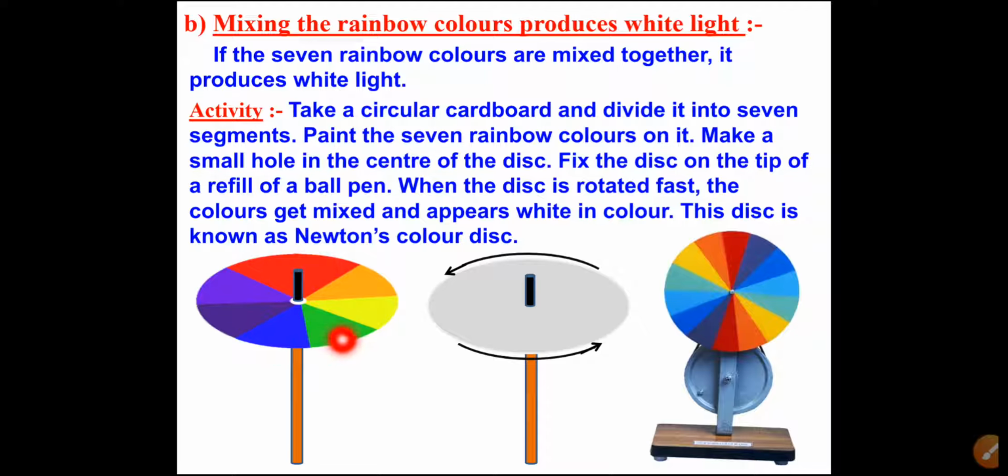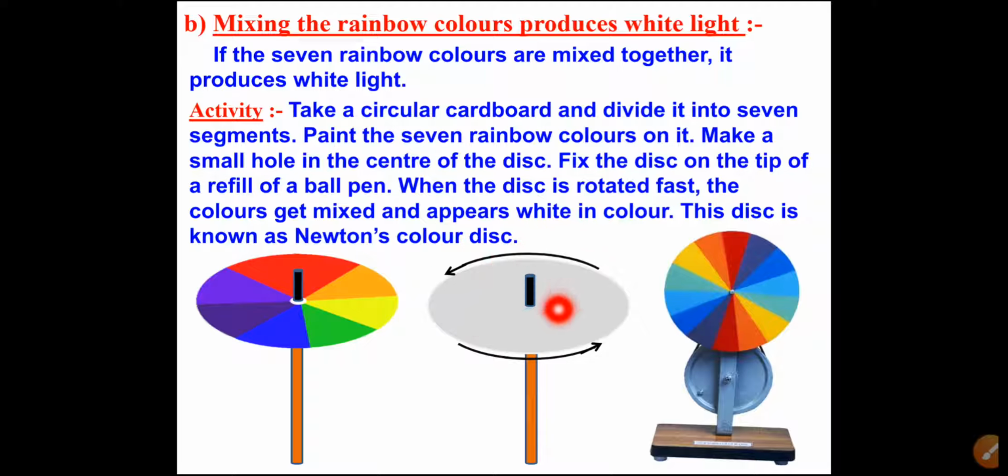Then fix this disc, or cardboard sheet, to the tip of a ball pen, pencil or any wooden part, and when the disc starts rotating, moving faster and faster, you cannot see all these colors, you will just see a white disc. So from this you come to know